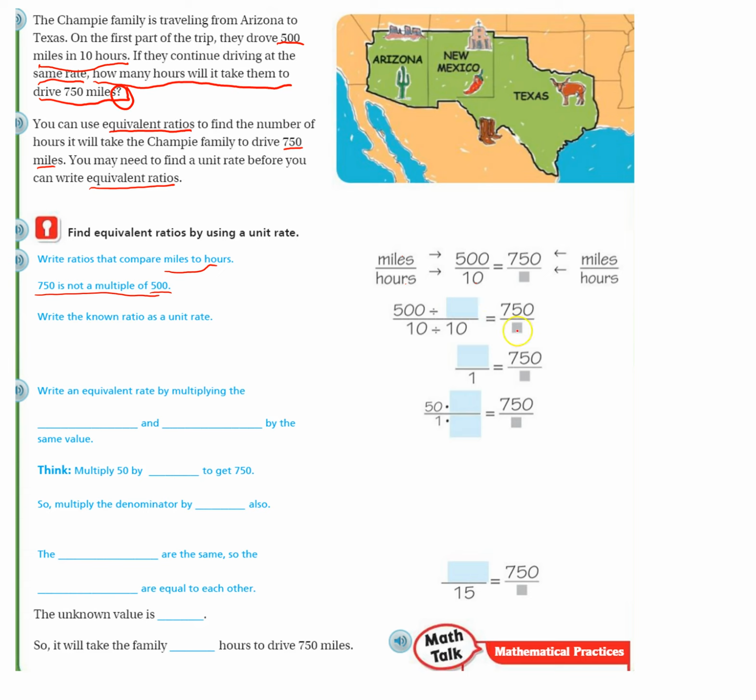10 divided by 10 is 1. And then 500 divided by 10, however, is not going to be 750. We need to figure out what it will be. So 10 into 500. Okay, it goes in 5 times, 50. Subtract gives us 0. Bring down the 0. 50. Okay, so our unit rate is 50 over 1, because we could not get,